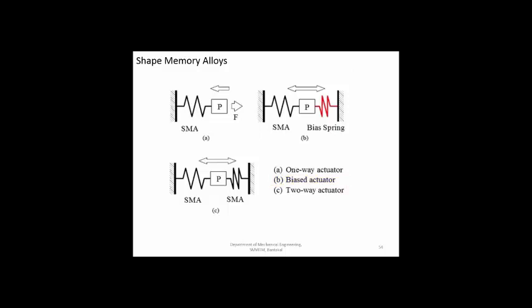The main problem with them is the fatigue. This continuous changing in shape will induce a lot of fatigue and they can fail. That is one issue with shape memory alloys. Otherwise, for a given weight of the actuator, these shape memory actuators can generate a lot of force. So the force to weight ratio is very, very high in the case of shape memory alloys. But the main issues with them are their fabrication and their fatigue effects.